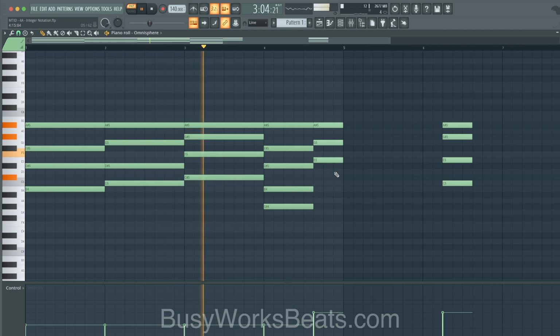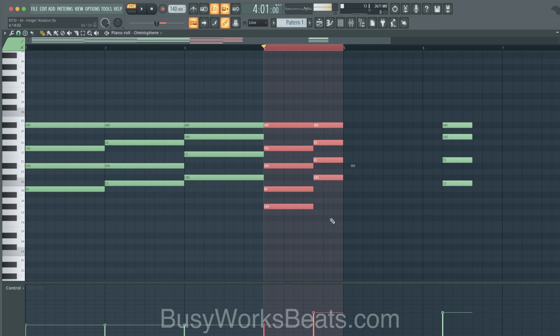So let's see what the regular diminished sounds like. It's cool. You know, it's not the greatest, but it's cool. Let's keep extending it. You can keep making it jazzier and jazzier by just adding that 3 down, 1, 2, 3. See how that one note changes the whole vibe.